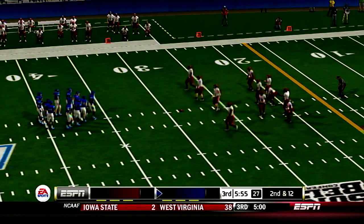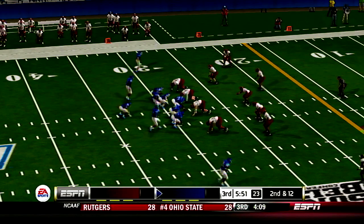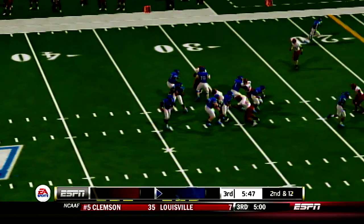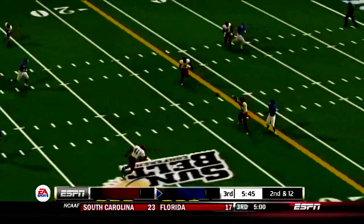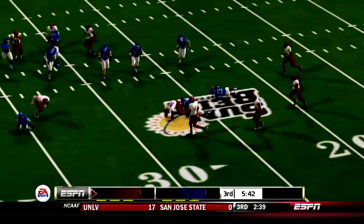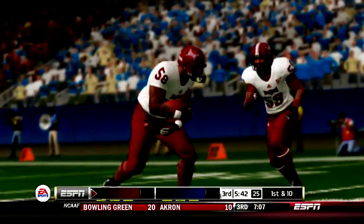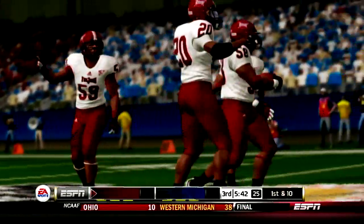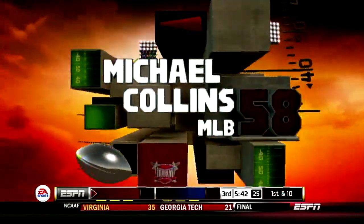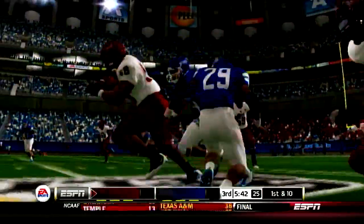From the 29-yard line, 2nd down. Going right, intercepted. Collins makes the interception. A well-timed interception there. Well, they're still down by a couple of scores, but the turnovers...